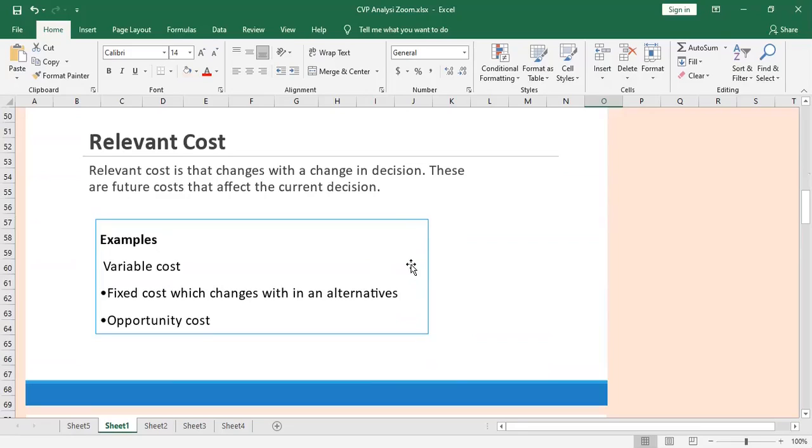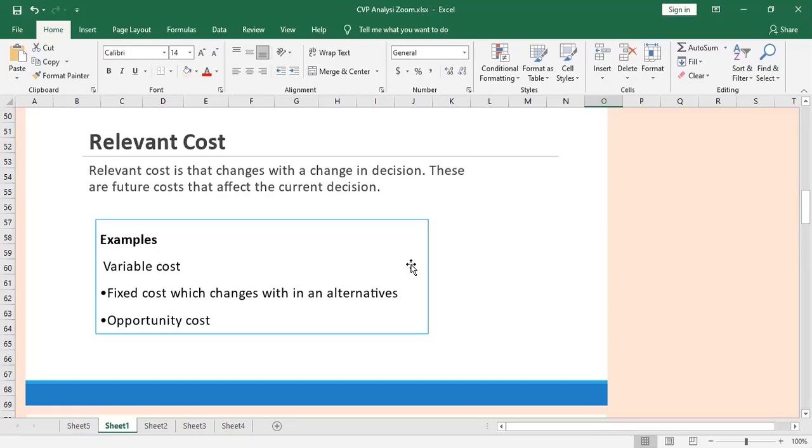So how do you categorize those two, relevant and irrelevant? That basically depends on the particular decisions that you are going to make. For some decisions that may be relevant. For example, let's say you are going to sell the car, then the cost that you had to incur to buy it becomes relevant, because when you are calculating your profit, you had to consider whatever the cost that you had to incur when you bought that car.